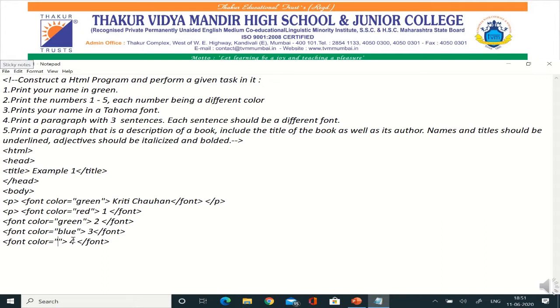So here will be 4 and I'm going to give the color yellow. After this again I'm going to paste the same thing because I want one more number, 5, and I am going to give the color purple.